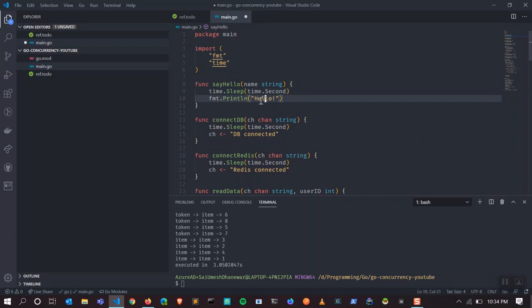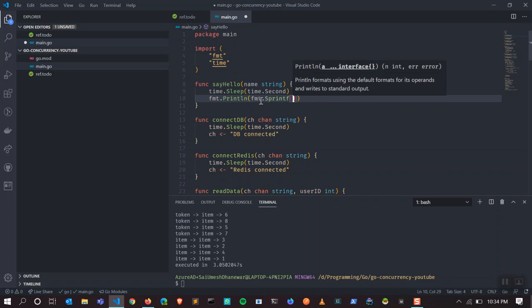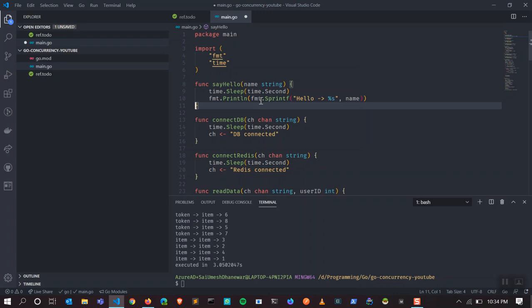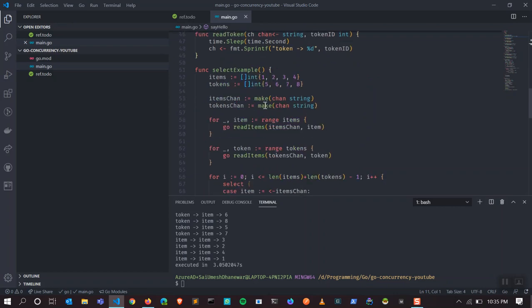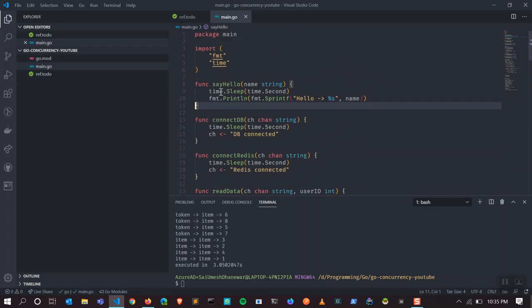Probably it will say hello to someone, like fmt.Sprintf, "hello, name", where we have name. I'm going to call this sayHello, and it's going to say hello. Really quick, I'm going to